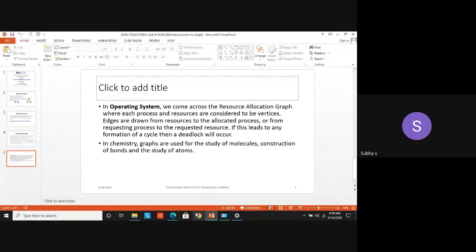Just assume that I'm having this PPT. Without any configuration, without OS, I can't make it visible to you. So in OS, we are having the resource allocation graph because, in simple words, I put how the programs get executed. We have a number of programs in our system. Any program that is in execution is called a process. I saved so many programs, Java or C programs, in my system. At that particular instance, the program I am running, the one I am going to execute, becomes the process.